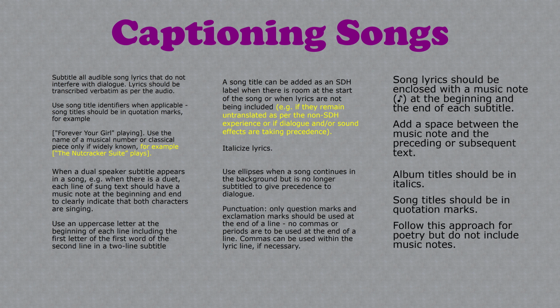A song title can be added as an SDH label when there is room at the start of the song or when lyrics are not being included. Italicize lyrics. Use ellipses when a song continues in the background but is no longer subtitled to give precedence to dialogue. On punctuating songs,